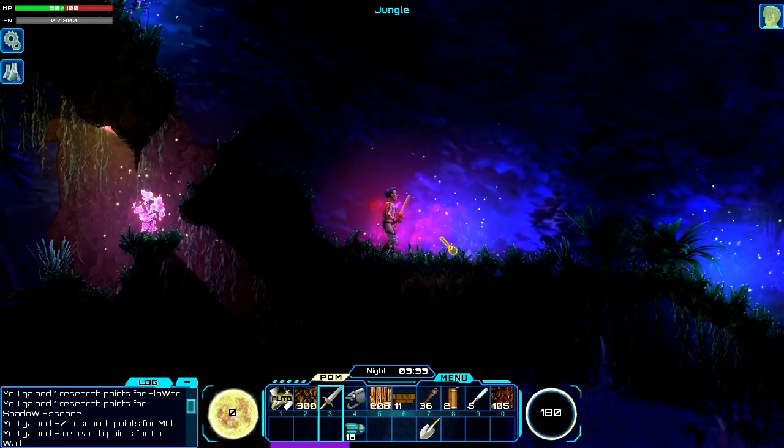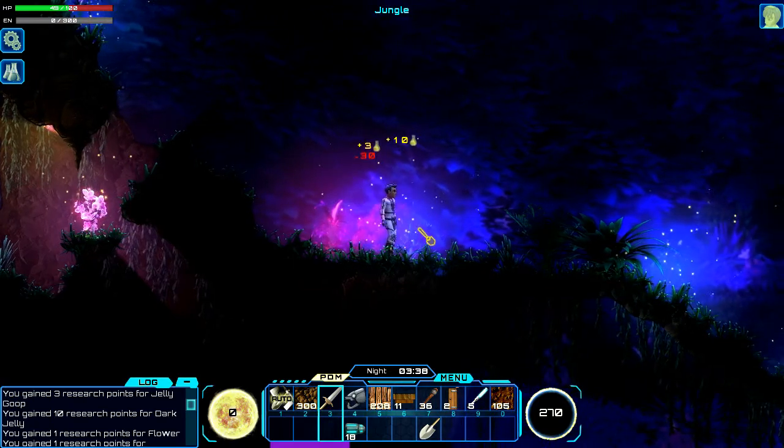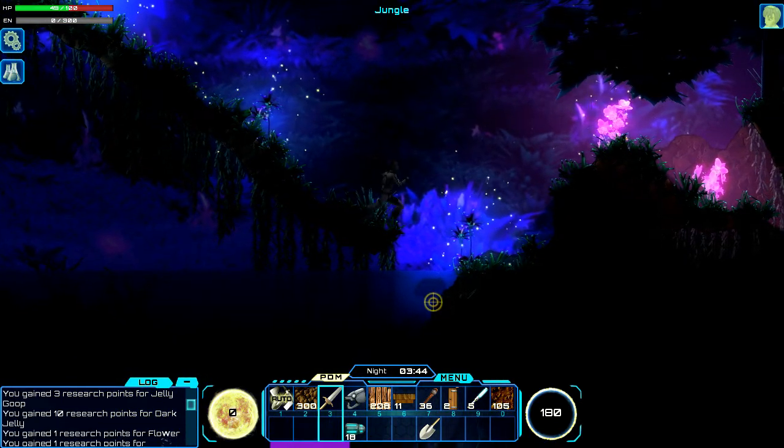Oops, come here. Bingo. And I picked up some goo. The jelly goo you can actually put into bottles, and then the bottles glow. I don't know exactly what it does yet, but...